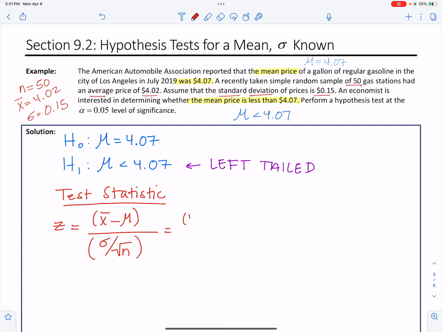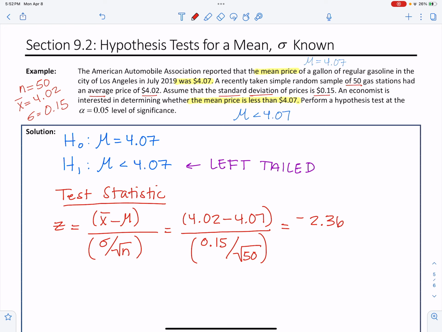So sample mean X bar is 4.02. The value of mu in our hypothesis is 4.07. Sigma, the overall standard deviation, is 0.15. And I'm going to divide this by the square root of my sample size, which is 50. I'm going to carefully calculate that test statistic here, and I'm going to round my value to 2 decimal places. So I get a test statistic here of negative